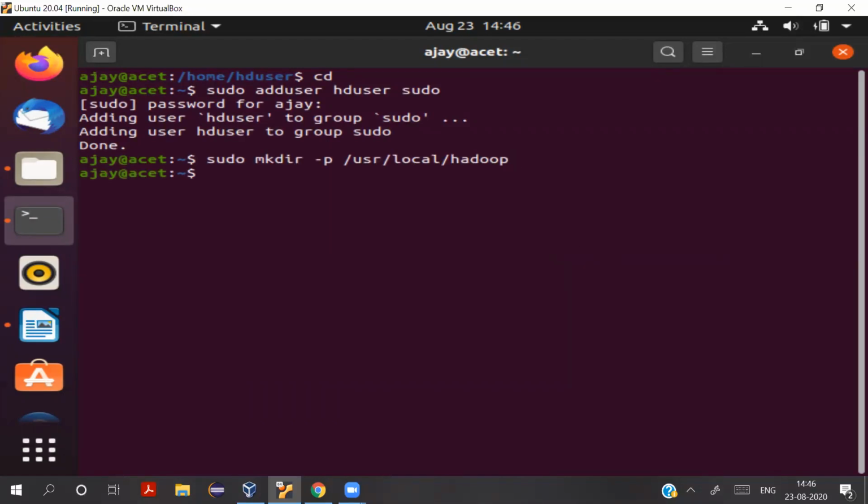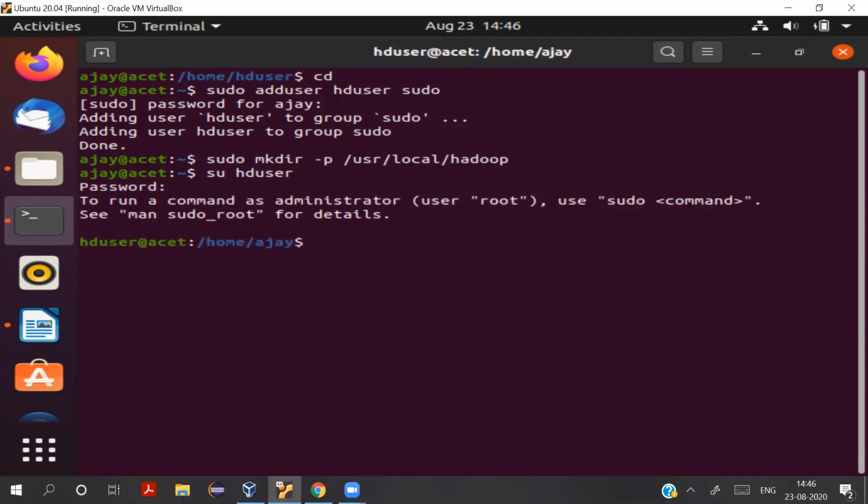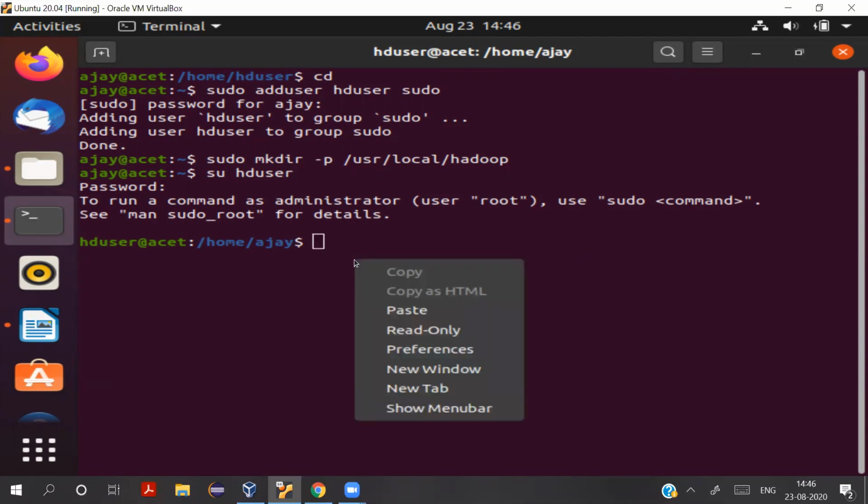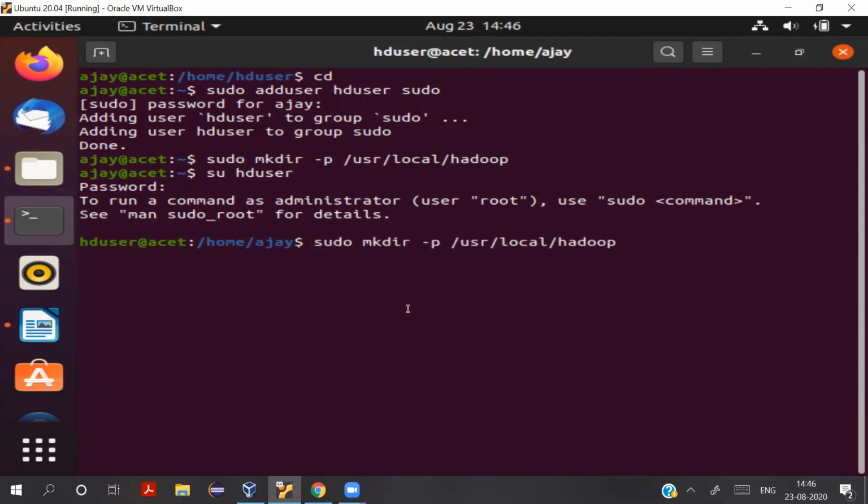So this folder is now created. Or no, we must shift to hduser for this. Okay. And now we will use this command. Yeah. So this folder is created.